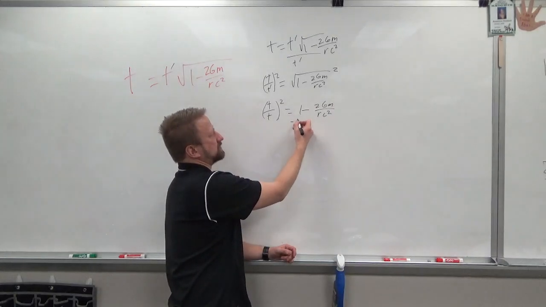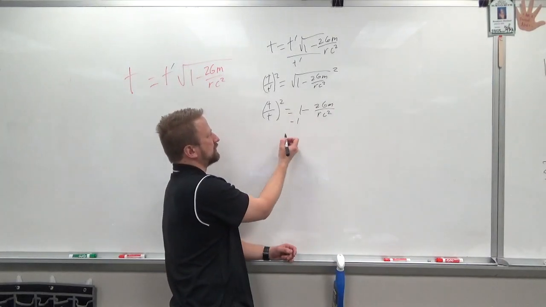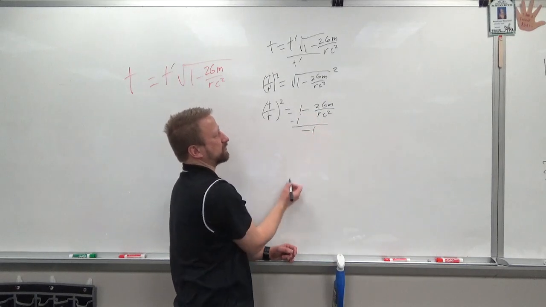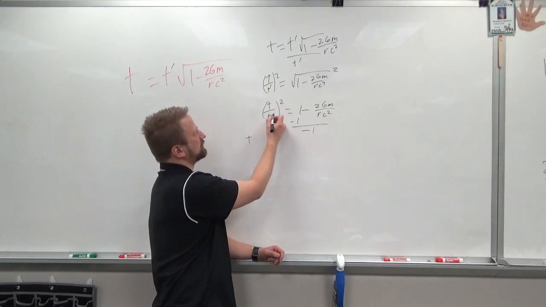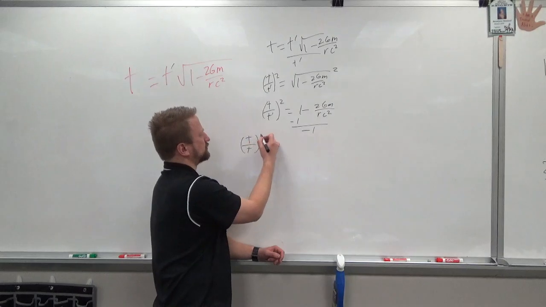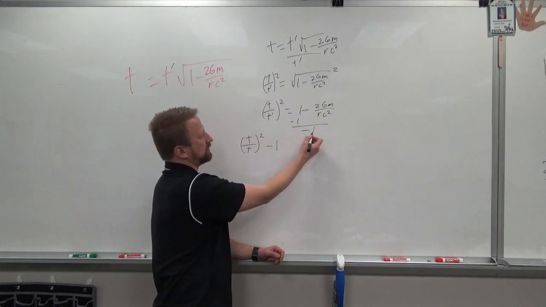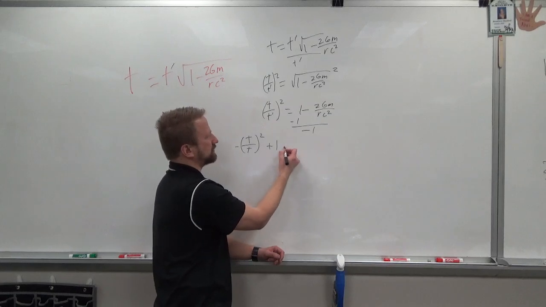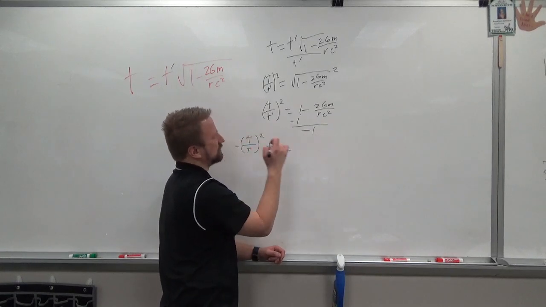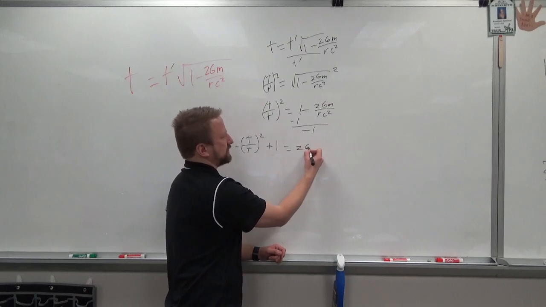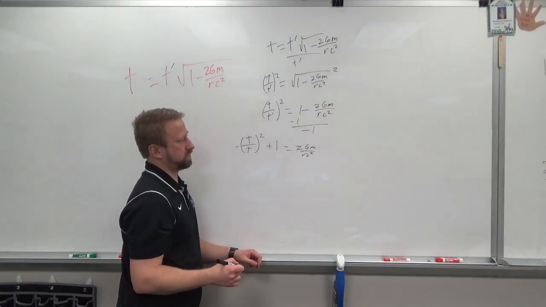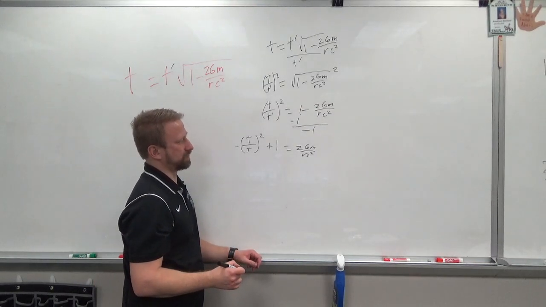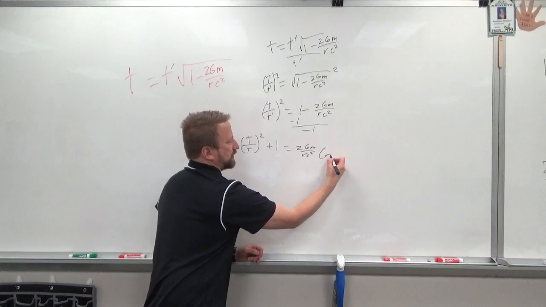I have to subtract 1 over to the other side, and I'm also going to have to divide by negative 1. I'm going to do both at the same time. So I get t prime over t squared minus 1, but I have to flip my signs on everything because I divided by negative 1, because I would have had a negative there. So I get 2GM over r c squared. But I need r by itself. Cool. So I'm going to multiply by